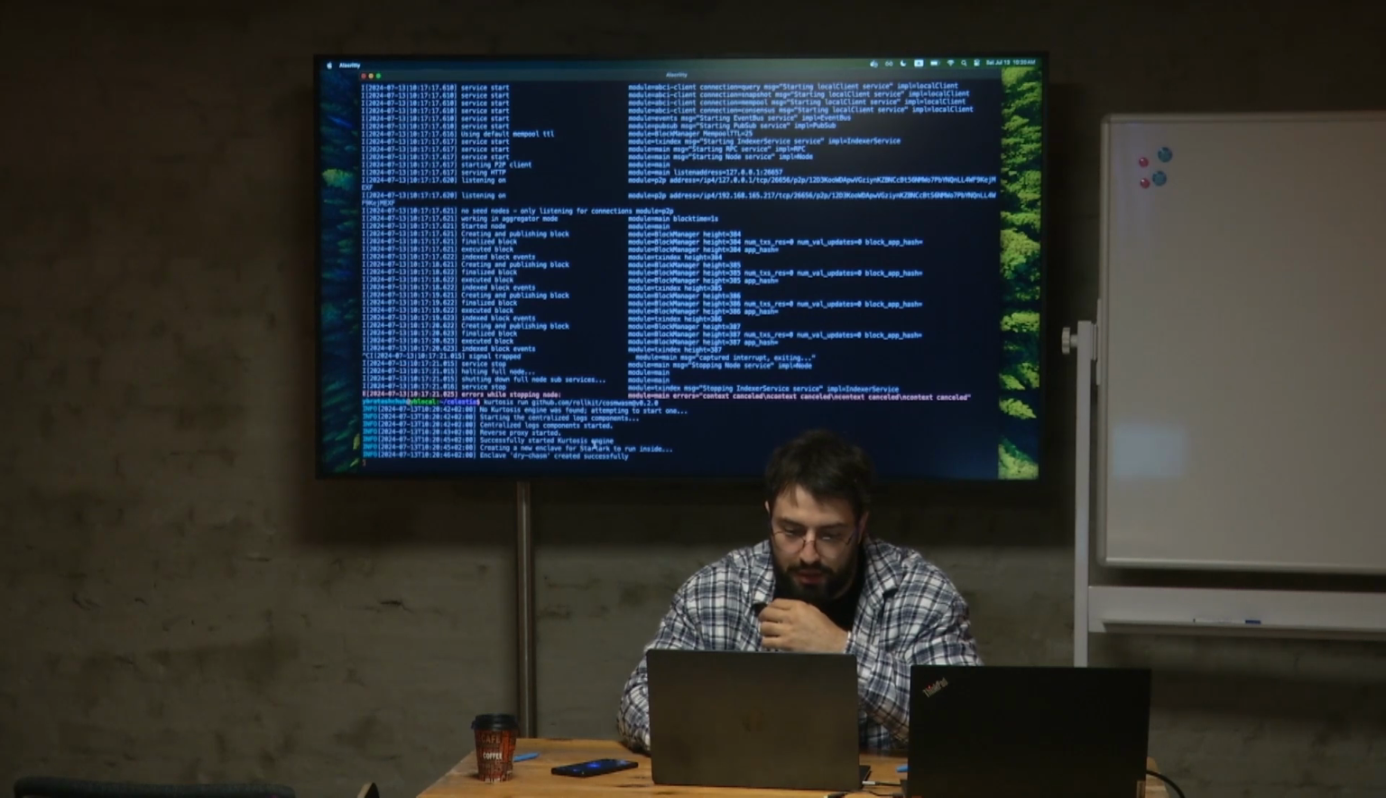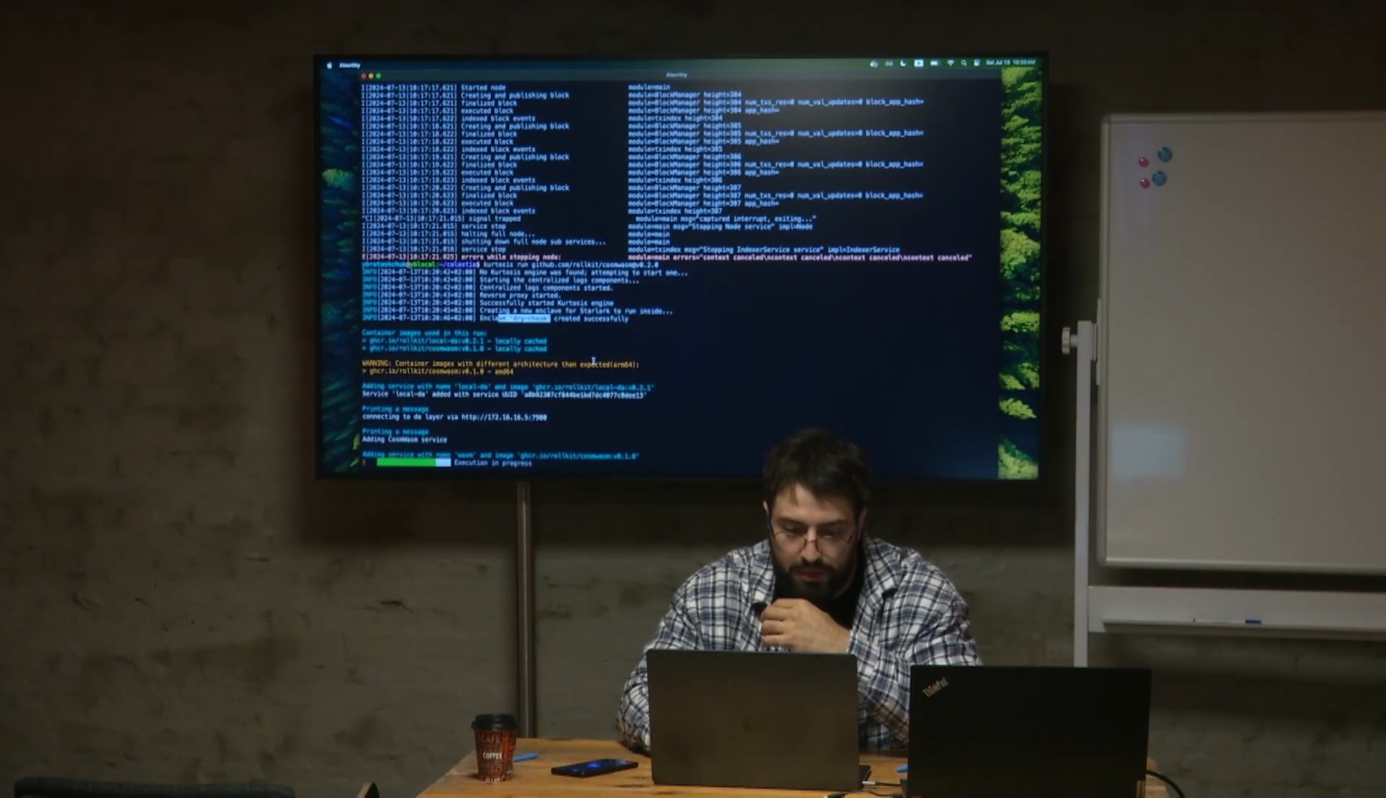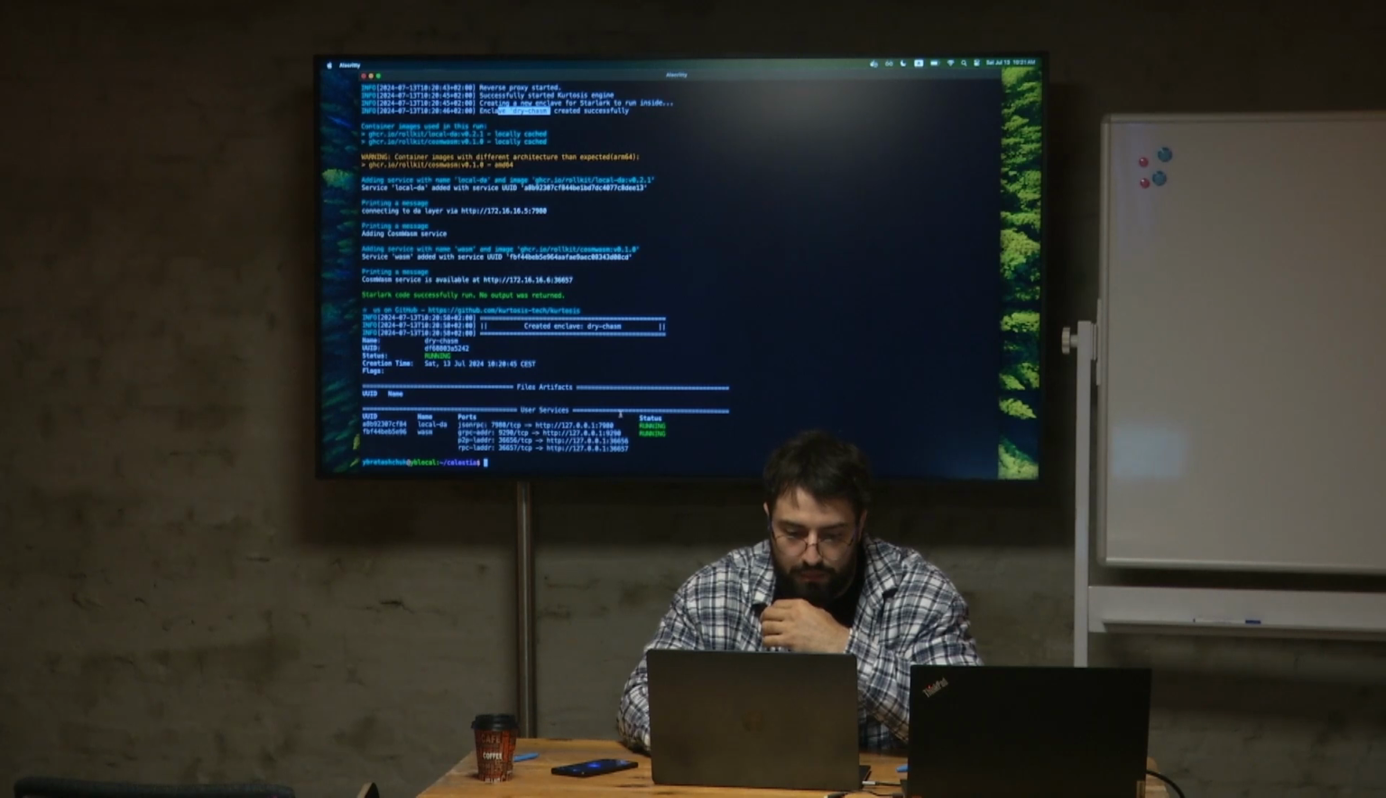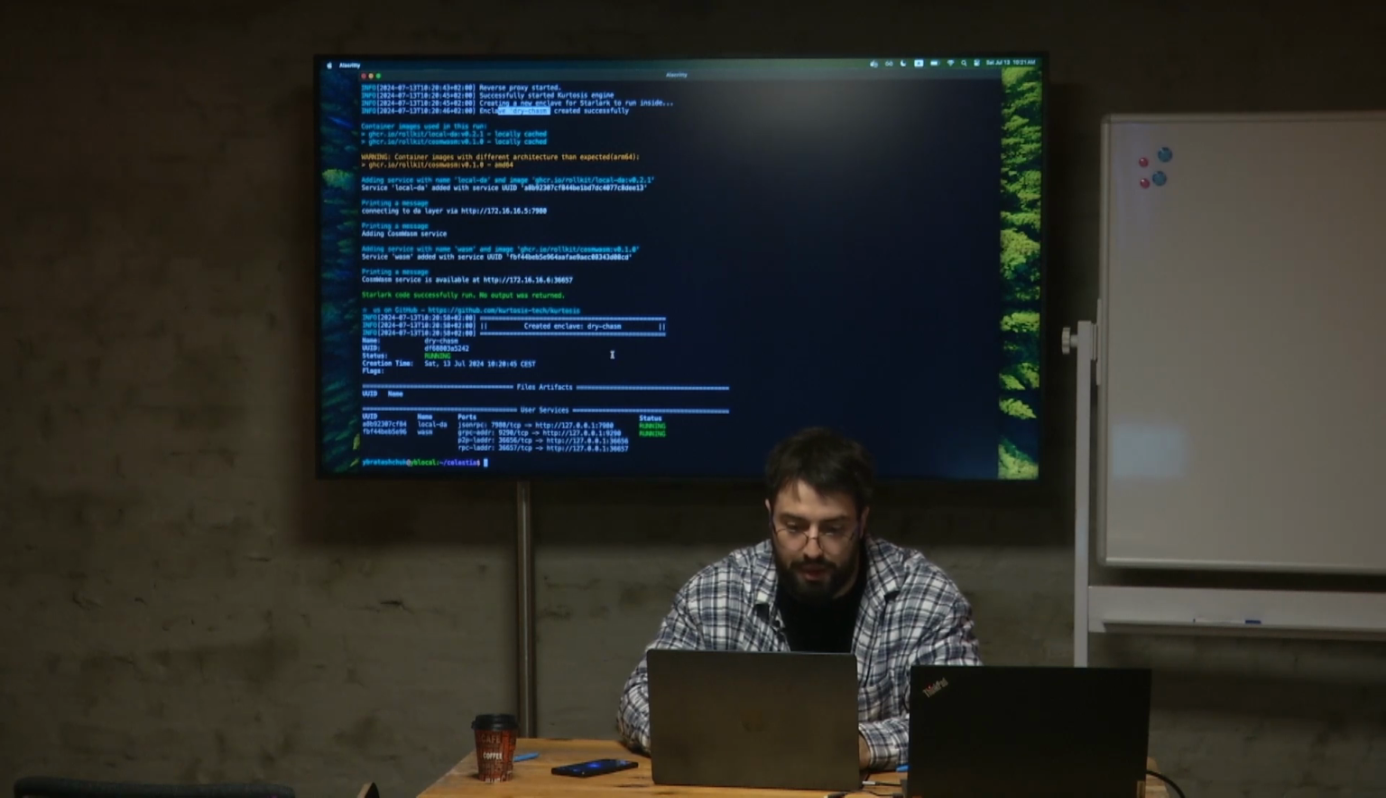So it created an enclave, dry awesome, just a random name. Started the engine. Now it spins up the local DA, and the custom awesome rollup itself, which is prepared for that. So let's do docker ps. It uses Docker under the hood,